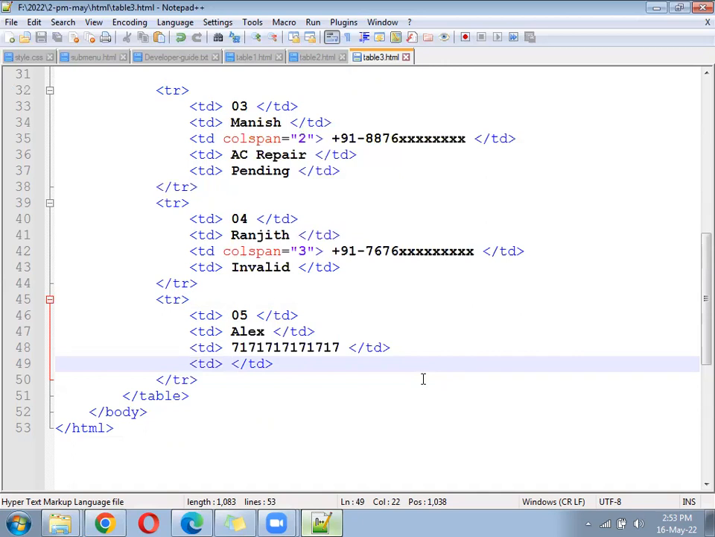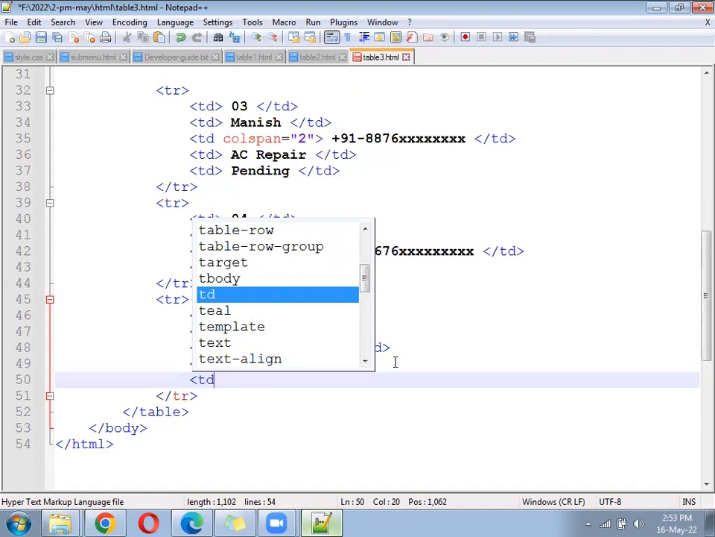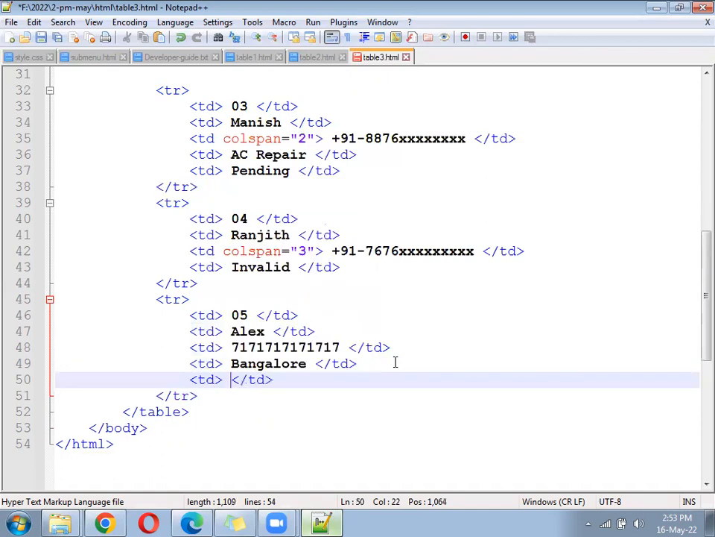city name, one more city, okay, next city,